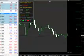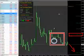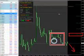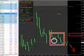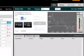Okay, we have a bearish reversal here. The 61.8 shown by ITM Saturn Pro has been broken. There's a stall signal also indicating that the price momentum is now bearish. ITM Saturn Pro will be revising its panel probabilities on the left, so we're good to take a short trade